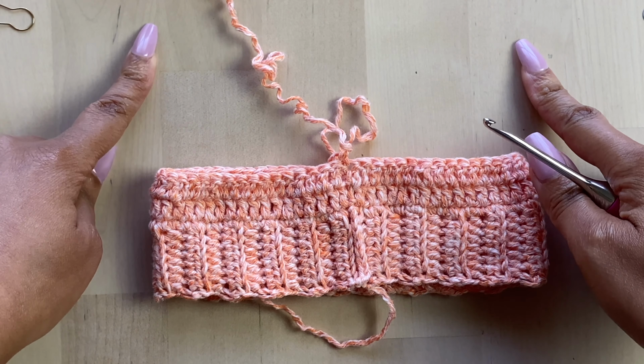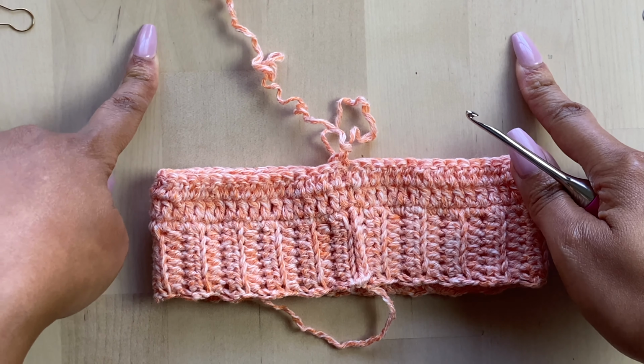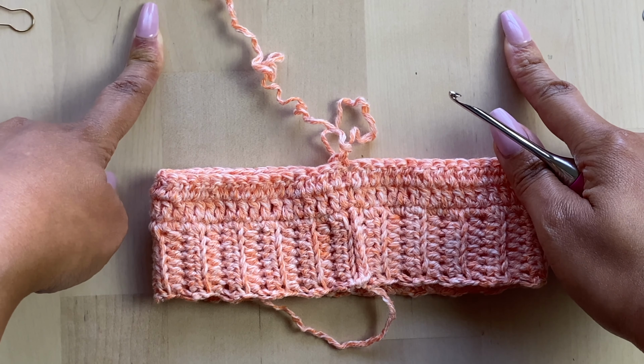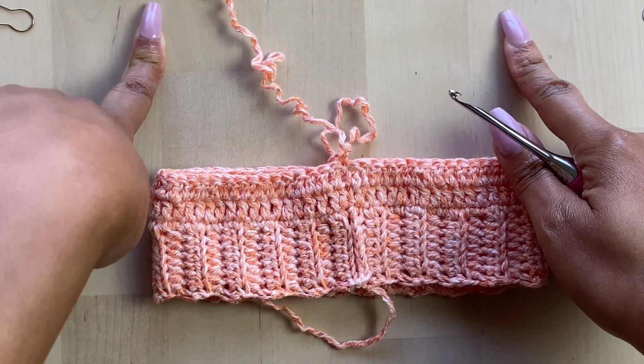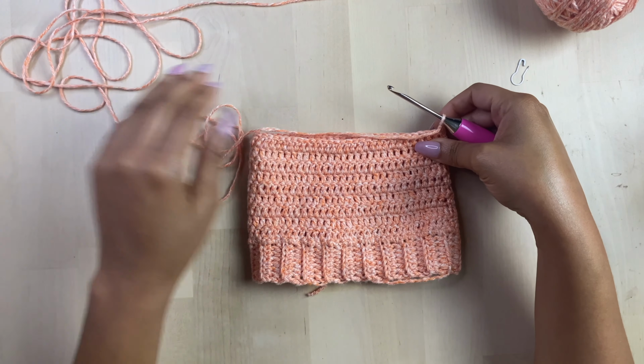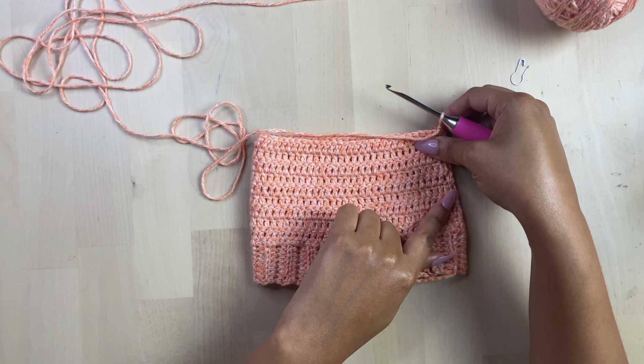Continue working rows up until you reach the middle of your chest. The decreases are visible, so if you don't like the look of them, place them at the back of your work only. Now that you've made decreases and worked enough rows to reach the middle of your chest, we're going